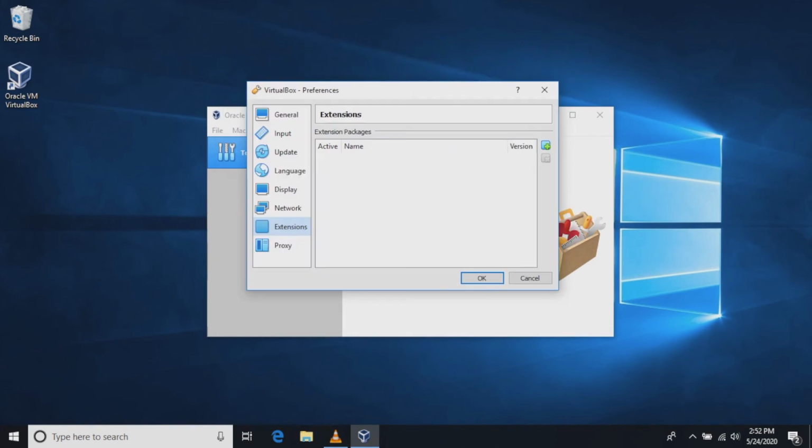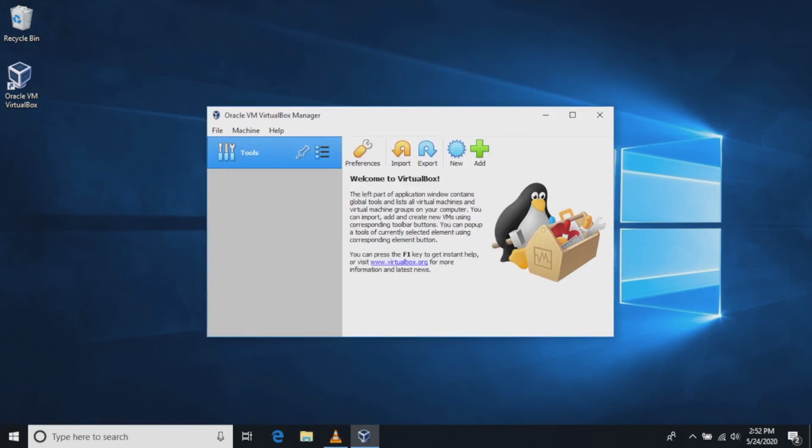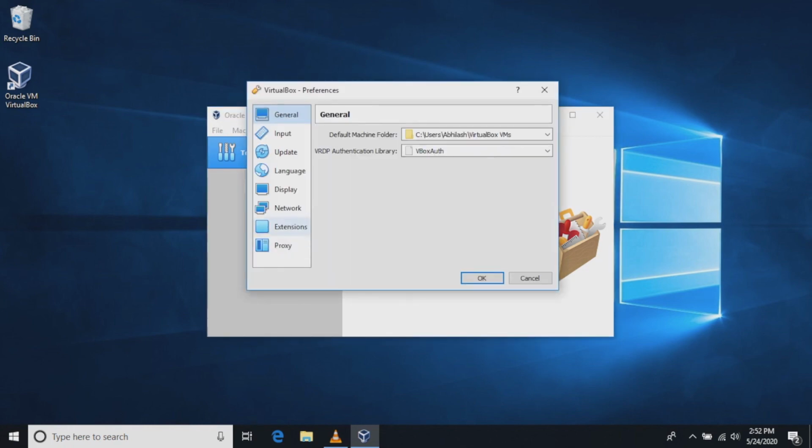So I am agreeing to the licenses here. It will install and installation will be success. So again it's under the preferences part, extension,